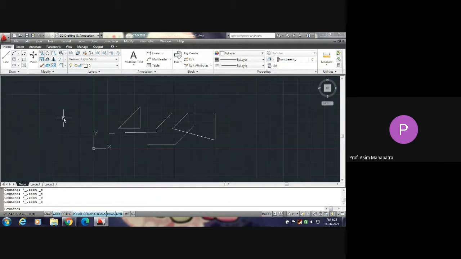Now there is another interesting feature of AutoCAD, this tool, the dynamic toolbar. It has several components. I will discuss the most important things initially.